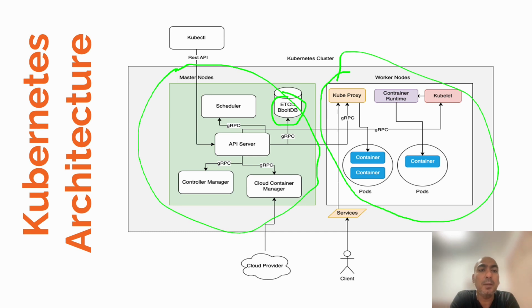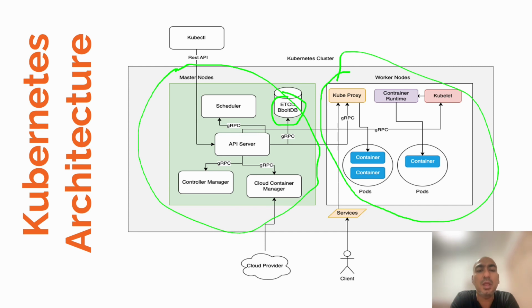Okay. The next module is the controller manager. The controller manager is used to manage the desired state. It has further services in it. You can take the example of the replica controller. If in your deployment you have defined that you need 5 copies of it, the replica controller will always make sure your desired state of 5 copies of your container is deployed.